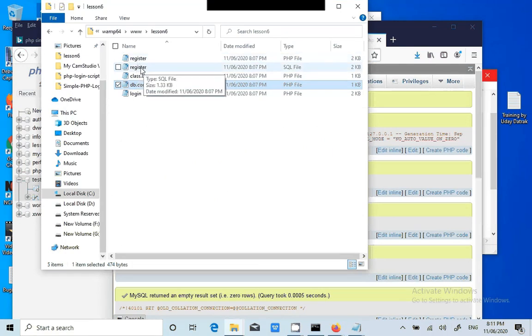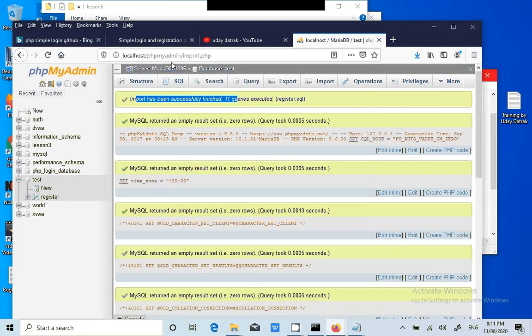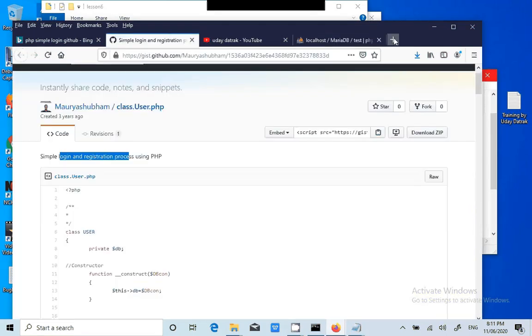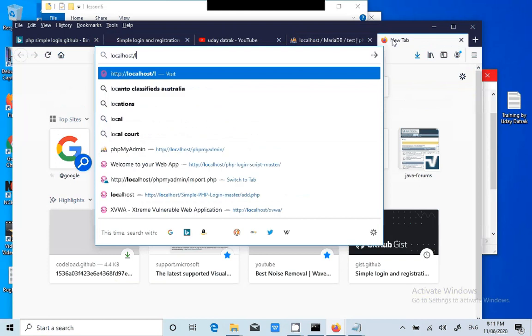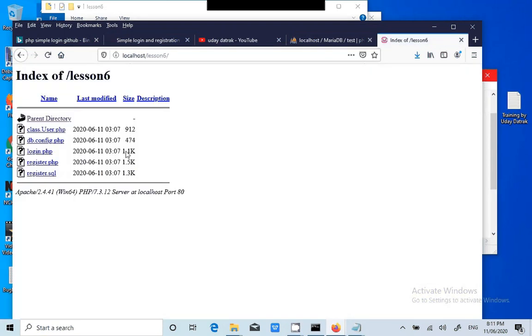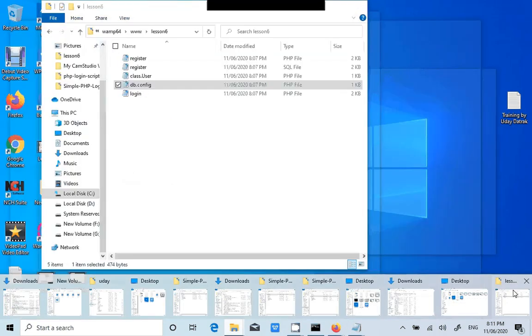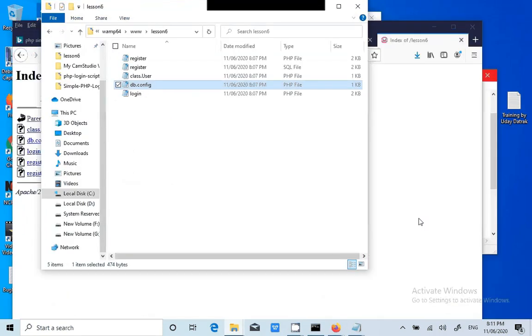Now we need to first open register.php. Since we don't have index.php in this particular folder, the contents of lesson 6 will be directly seen here. So what I'm trying to say is, when we write localhost/lesson 6, it will show all the directory contents because we don't have anything called index.php. Index.php is the default file which always loads.